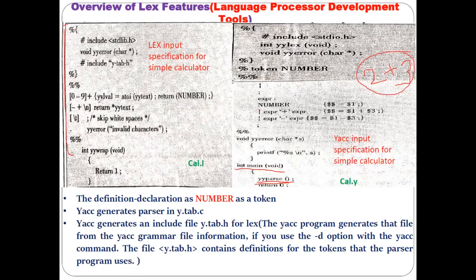Okay. Now 2 plus 3. So 2 will match here, so 2 will get written as a token here. Plus will match here, and plus will get written as a plus operator here. 3 also will match here, and 3 will get written as a token number here. So whatever input you have given, it first checks whether that input is forming tokens or not. If it is forming tokens, then it will be returned by this lex program to the Yacc program.